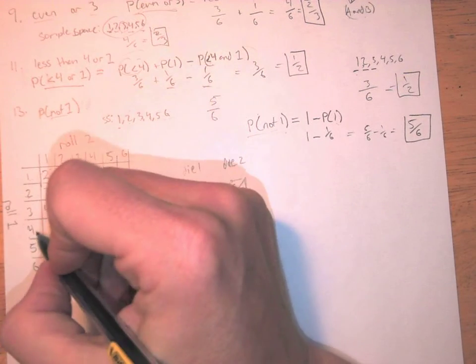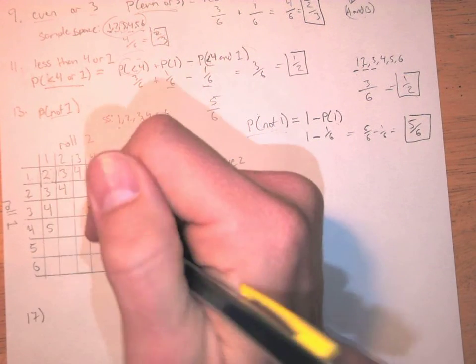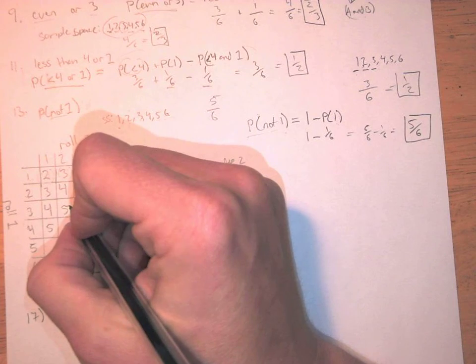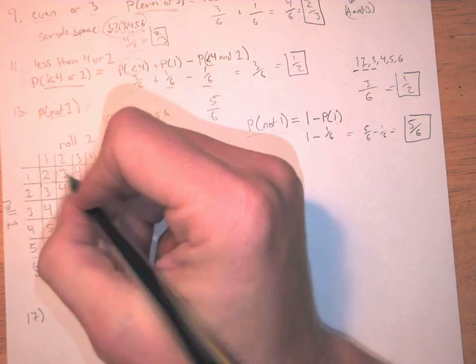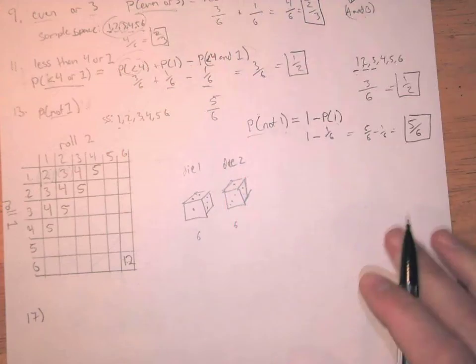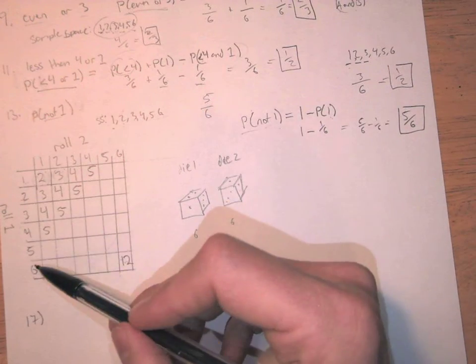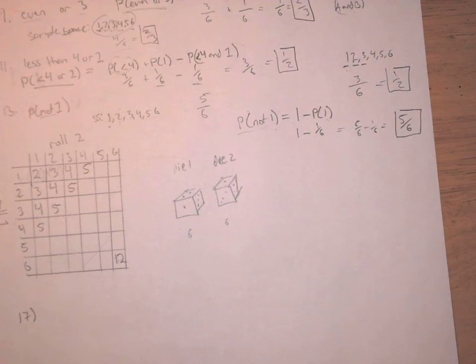Okay, what if I rolled a 4 and a 1? That would be a 5. But a 3 and a 2 is also a 5. But a 2 and a 3 is also a 5. But a 1 and a 4 is also a 5. So you can see how, up across the diagonals, the numbers are kind of the same, and they're all